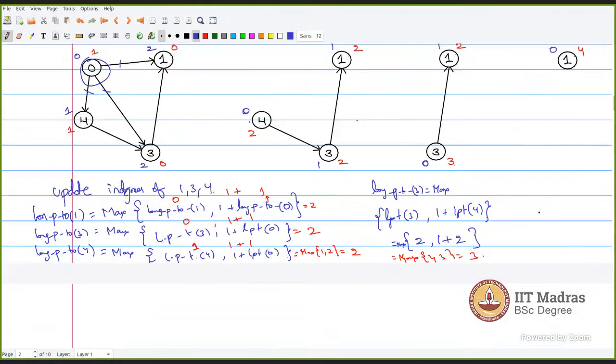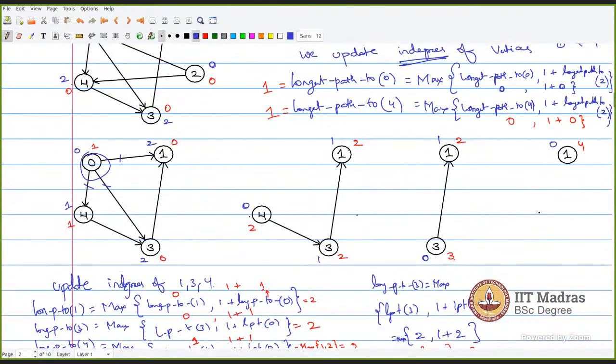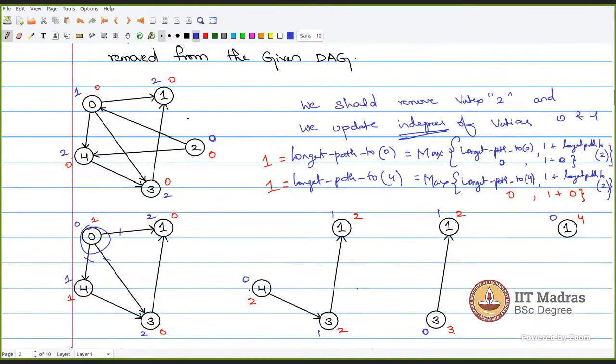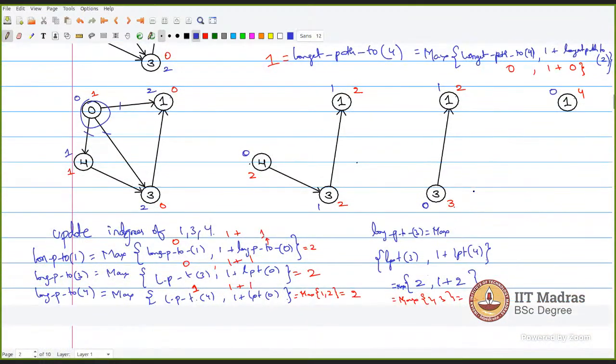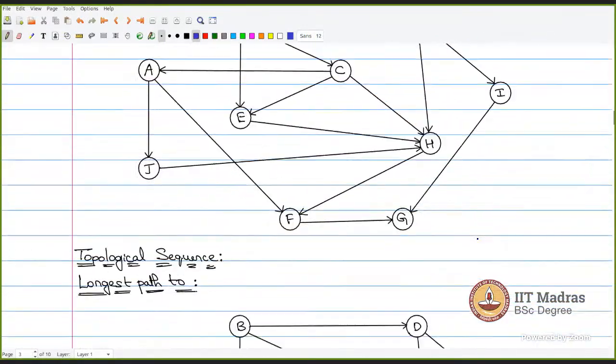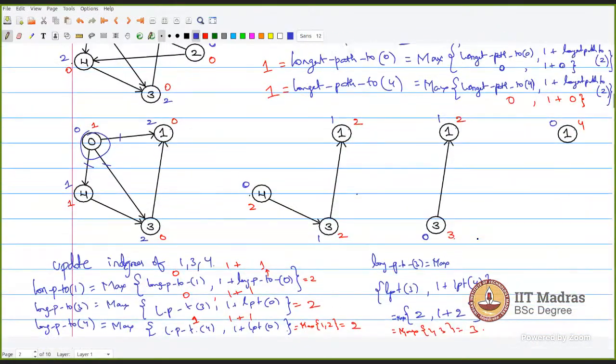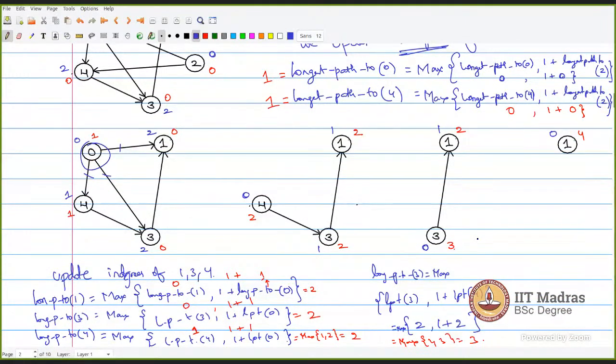So finally what we got is... Sir, are we also keeping a record like we were doing in the topological sorting, the sequence in which we remove the vertices? Correct. We will keep. See, the next example is a longer, big example, and we will keep the order. That would be the topological sequence only. Yes, the order in which we remove the vertices is the topological sequence, and these particular red values